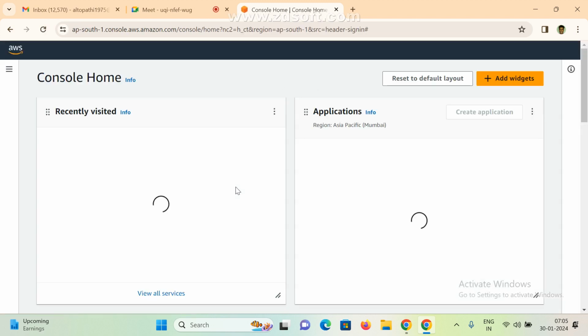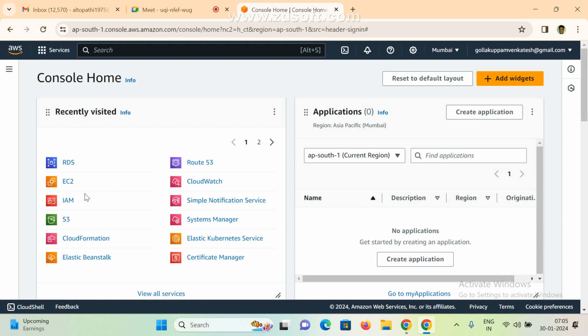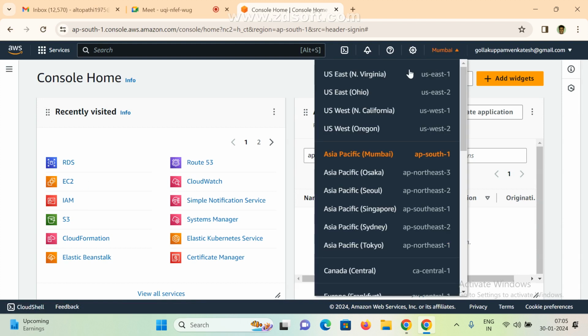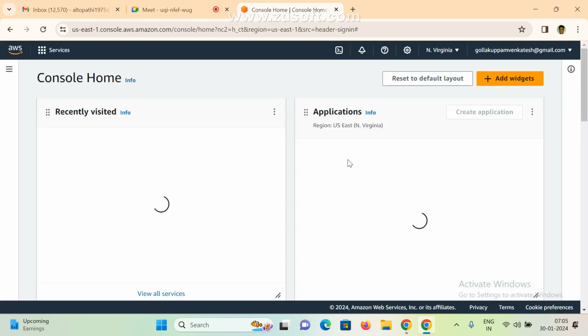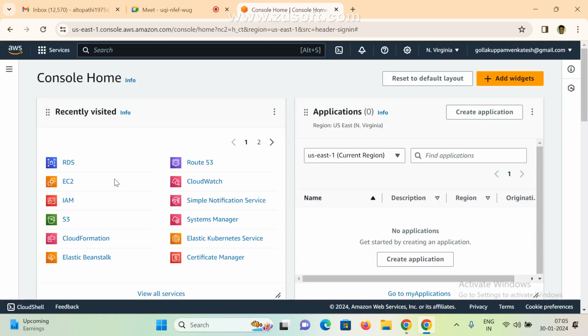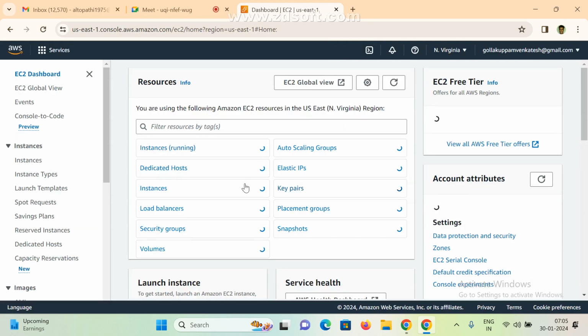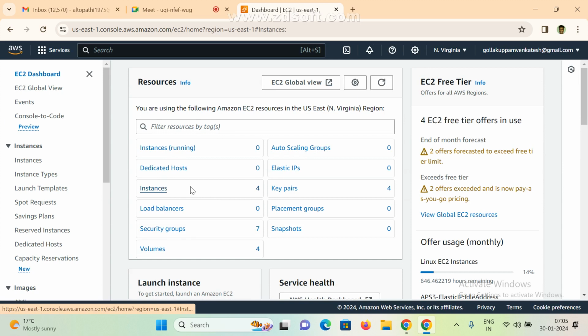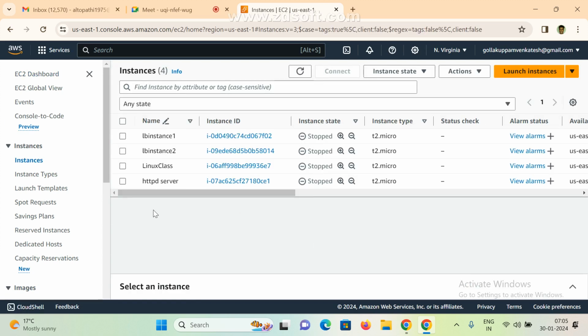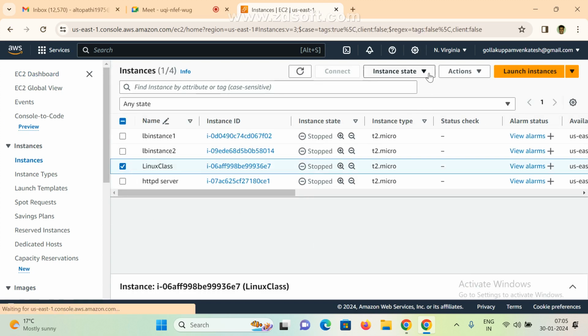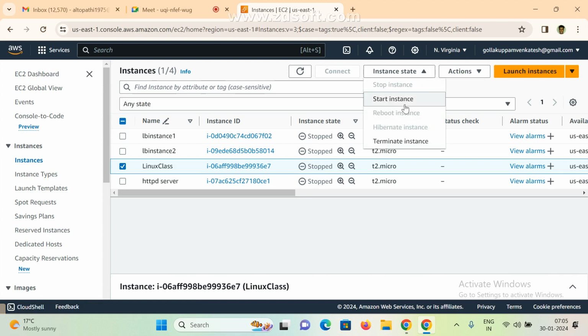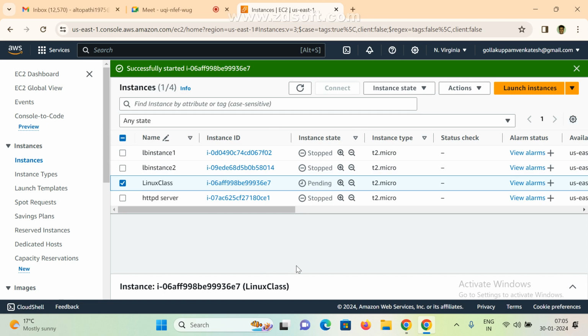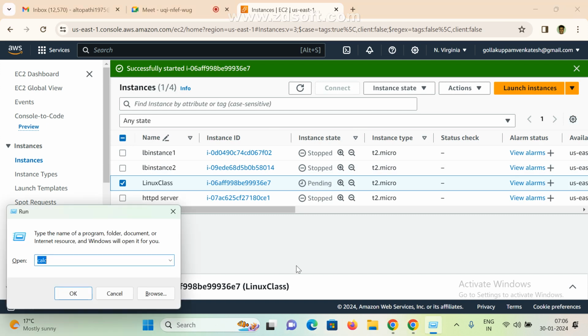Okay. So already you know how to create. Our instance is running in Virginia. How to create containers, how to pull the images, how to start a container, how to stop a container, how to remove a container, how to check only running containers, how to check all containers. I hope we discussed all of this, right? So now